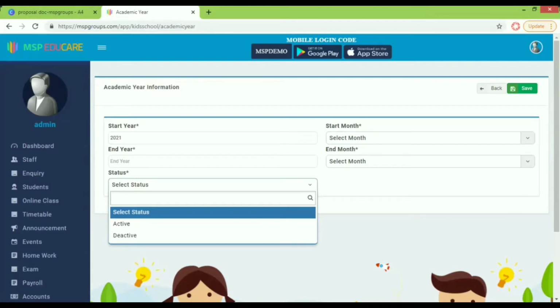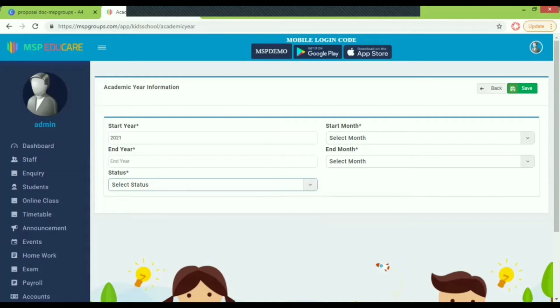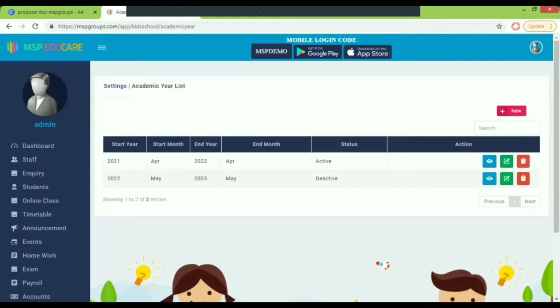and once you move on to the academic year, you can make it active. But by default, once you are installing the application for the first time, it is always good to keep it in an active state, so that when you add the other credentials and other details, everything will be stored in that particular academic year. After adding, you give a save, and it will automatically get saved. So this is about the academic year list.